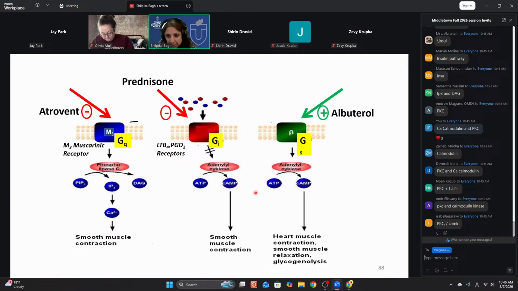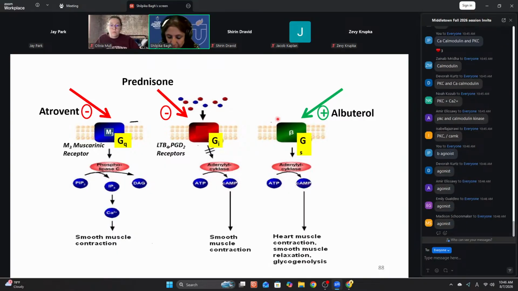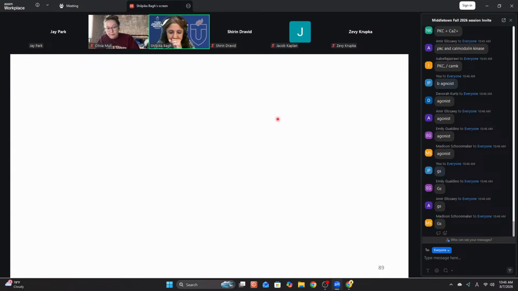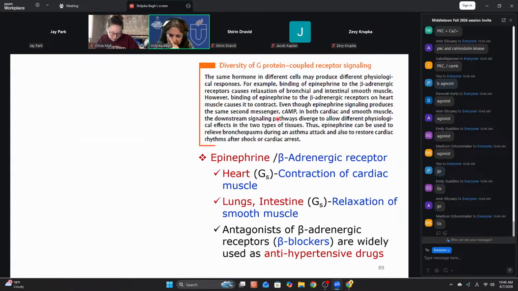This is basic, and we have introduced drugs. So know where these drugs function. For example, is albuterol a beta antagonist or beta agonist? Albuterol, agonist. That's why it will stimulate which pathway? Gs or Gi? Gs. So you have to have the basic knowledge to get to the drugs. Does that make sense?